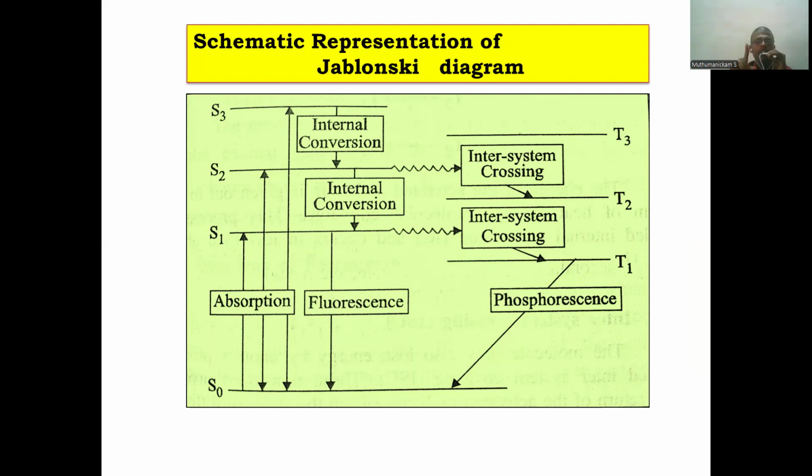T stands for triplet excited state: T1 with energy level 1, T2 with energy level 2, and T3 with energy level 3. Other things you can see are internal conversion, intersystem crossing,